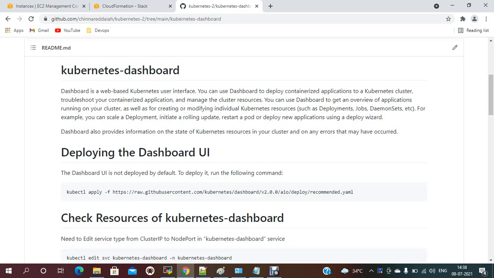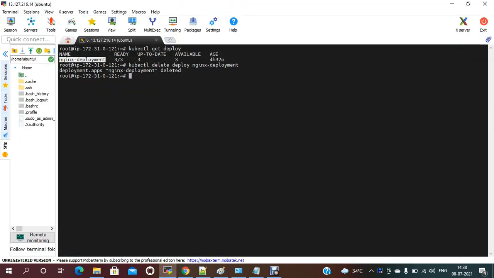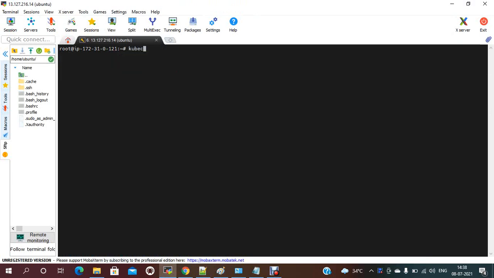Today we are going to discuss the Kubernetes dashboard, the Kubernetes GUI, basically to check the nodes, pods, services, and deployments. So basically, we will use terminals like command prompt only, right? Like kubectl get pod.